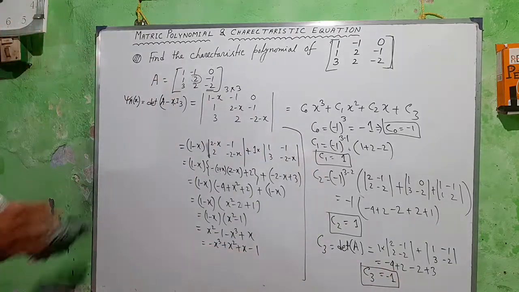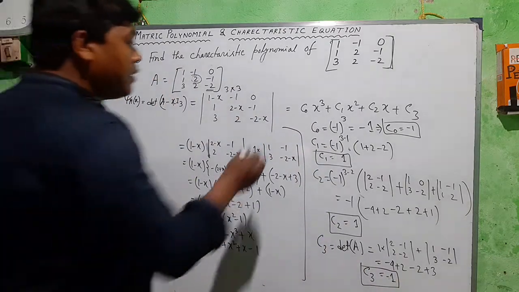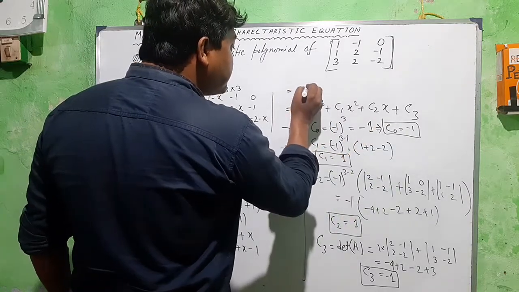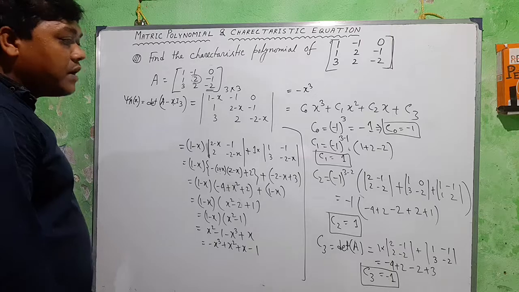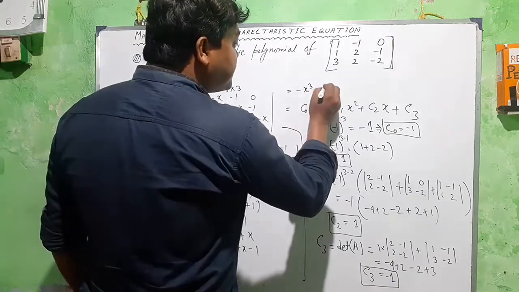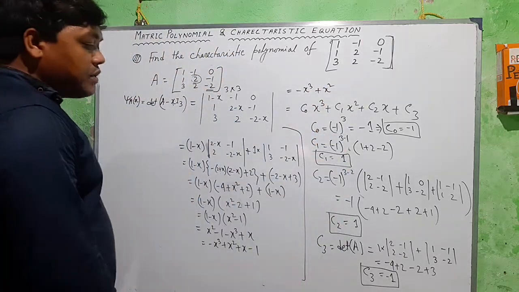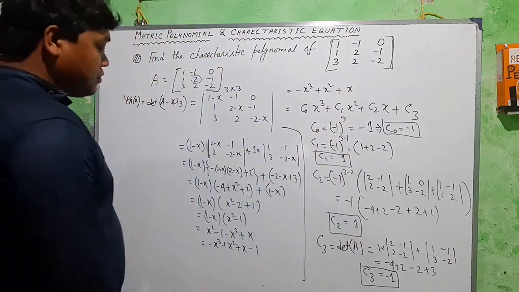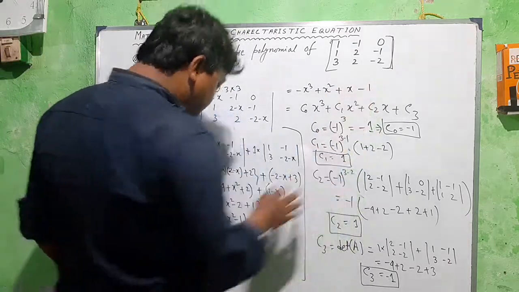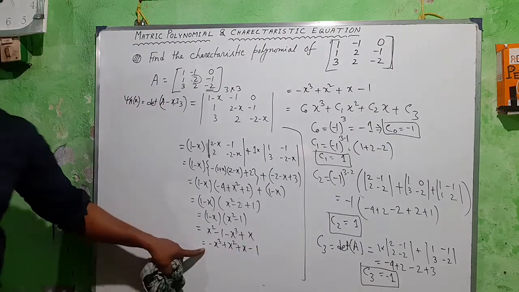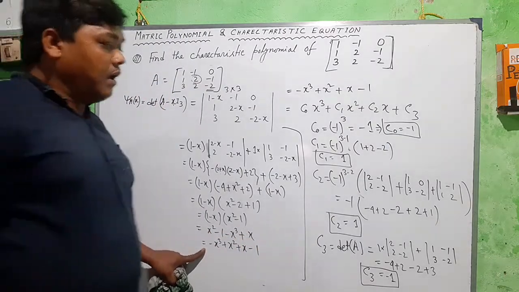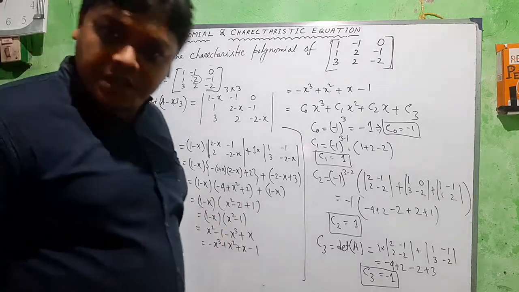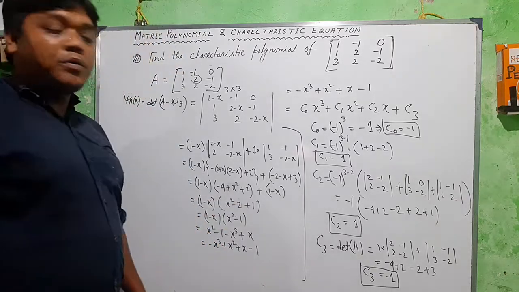So c3 equals the determinant value, minus 1. Then we got every coefficient: c0 we got minus 1, so minus x cube. c1 equals 1, that is x square. c2 equals also 1, that is x, and c3 equals minus 1, that is, these two equations are identical. Okay. So for the characteristic polynomial, whichever method seems easier to you, use that method, but I would say that